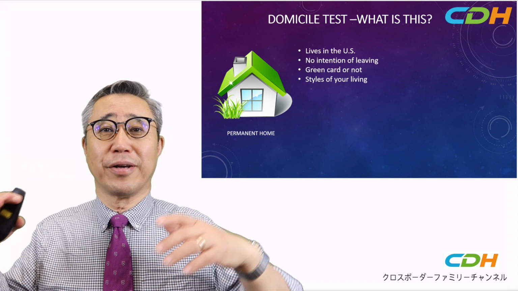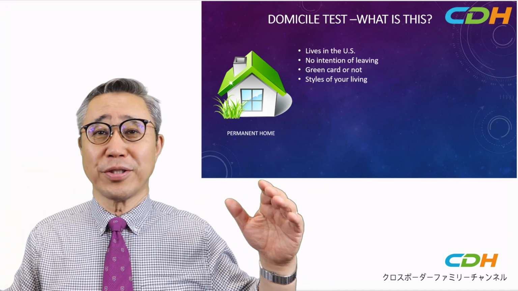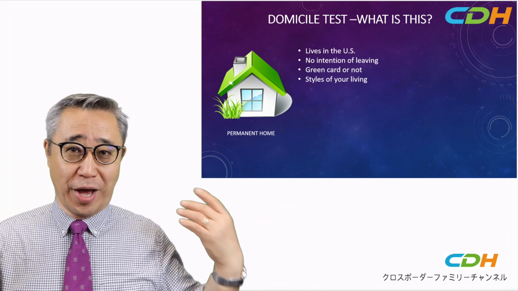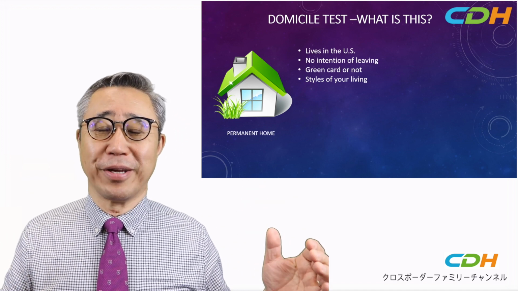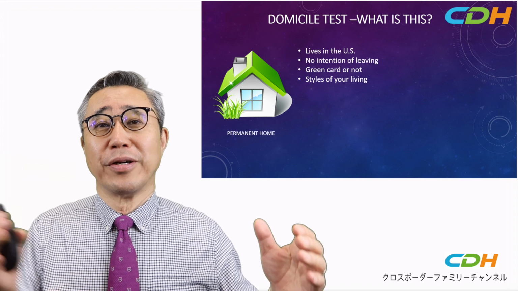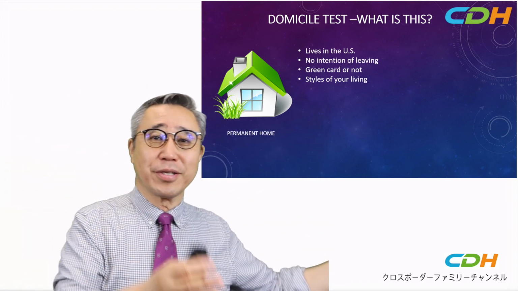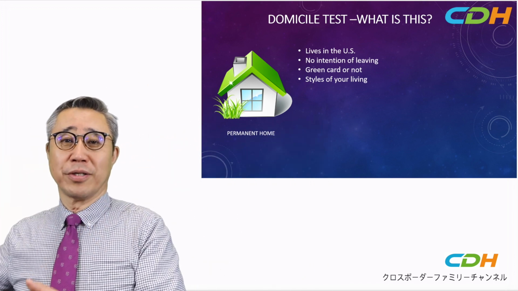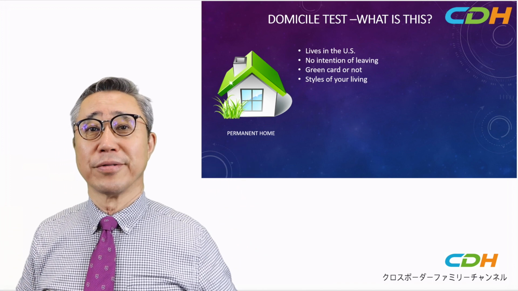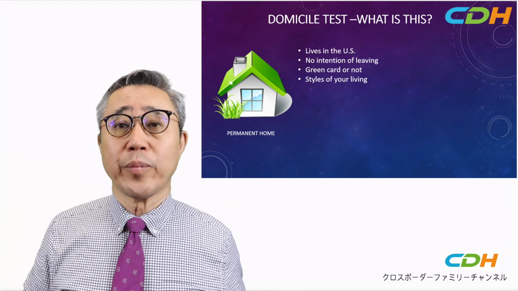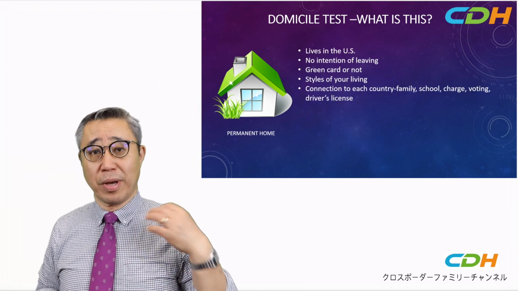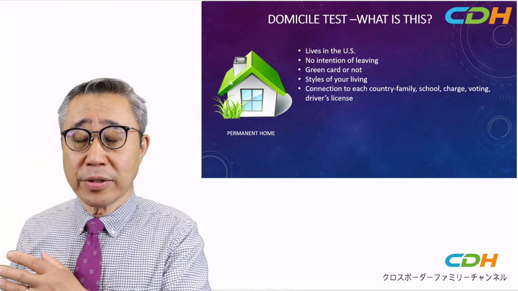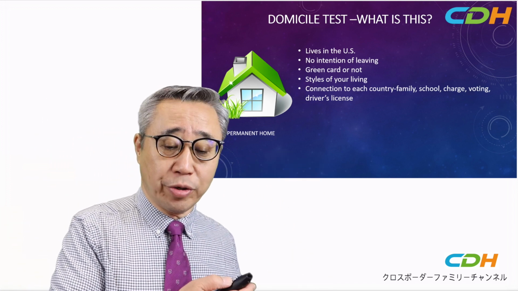Spring is great. Fall is great. Winter is not so cold compared to Chicago. But the summer is a little too hot for me. So, I like to spend several months in Japan, several months in the US. So there is a style of your living. So in that case, my connection to US and my connection to Japan